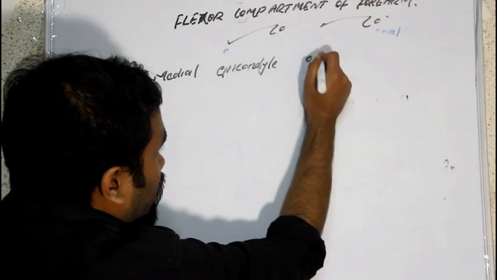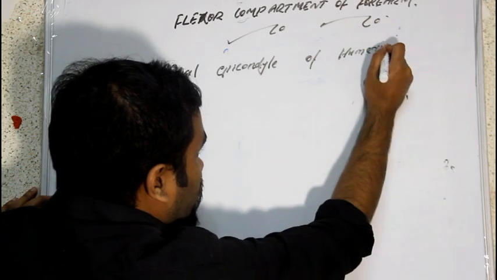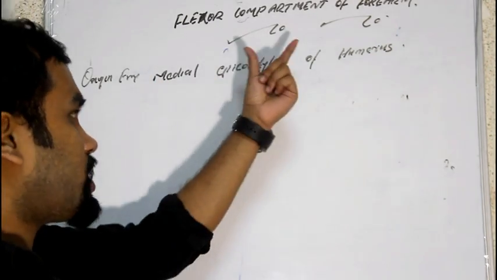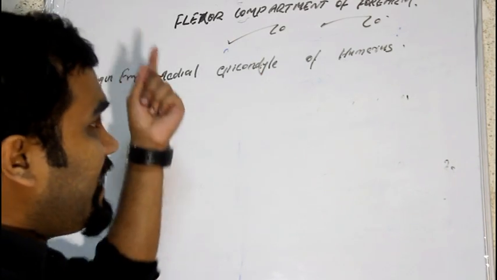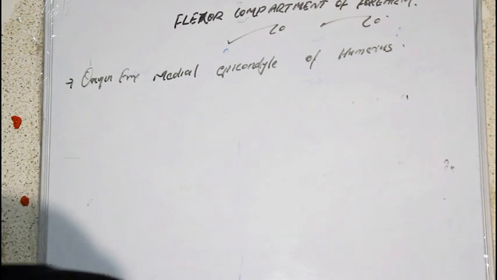All the muscles of the flexor compartment of forearm originate from the medial epicondyle of humerus. And the main supply is by